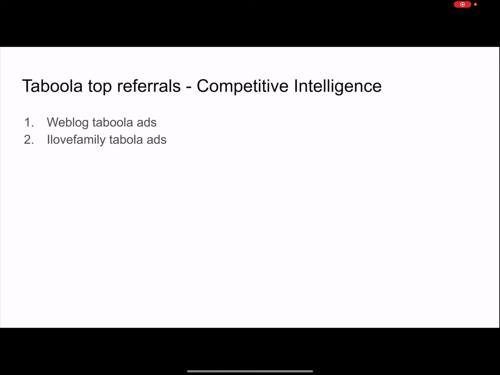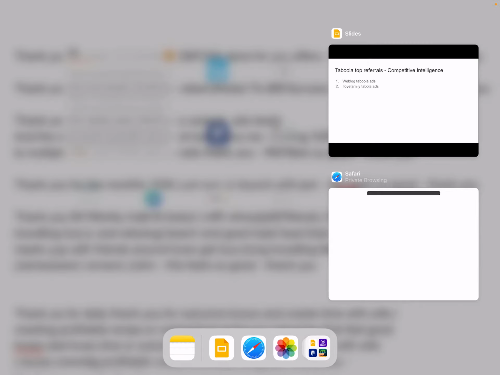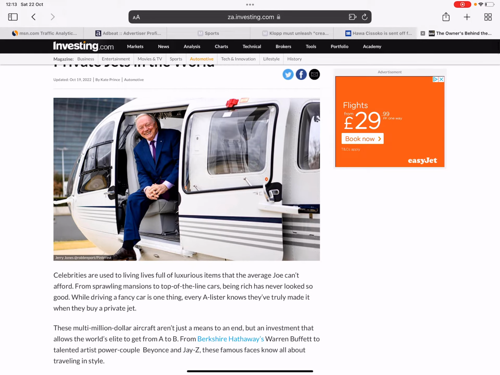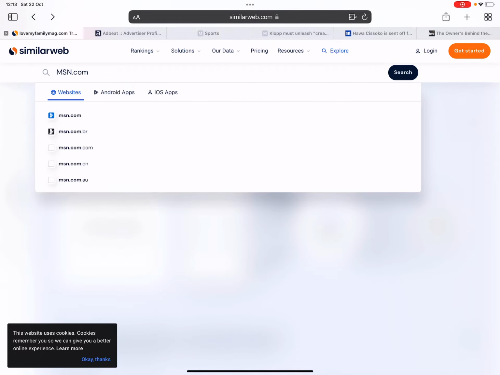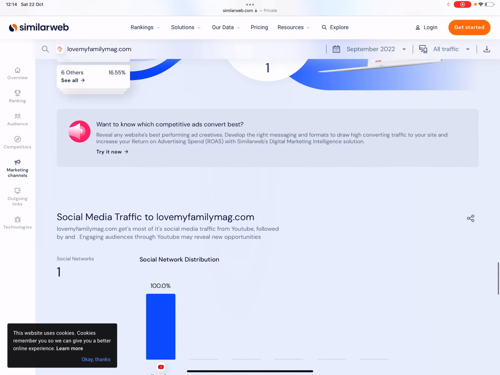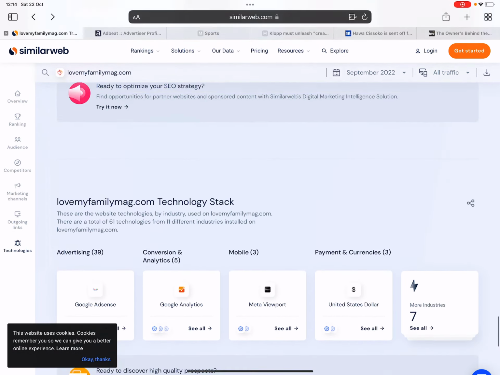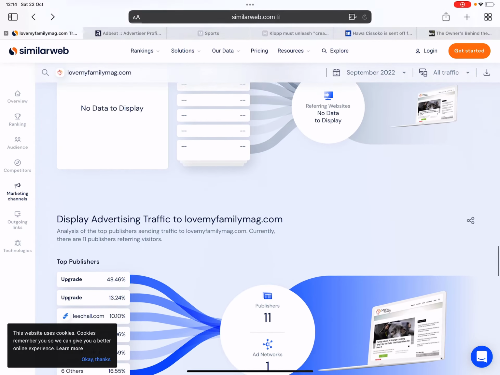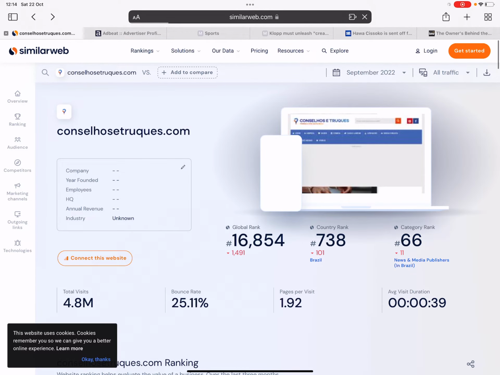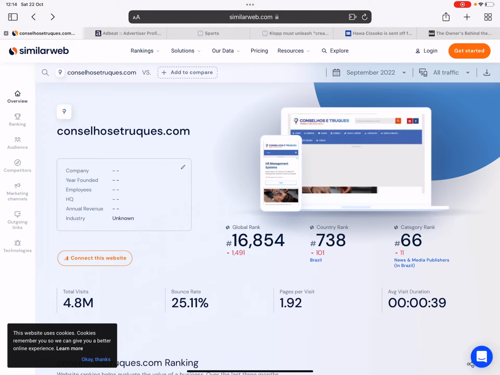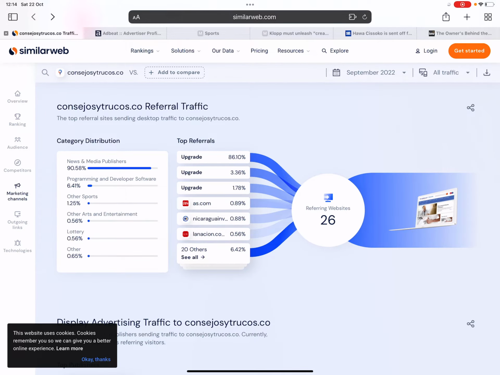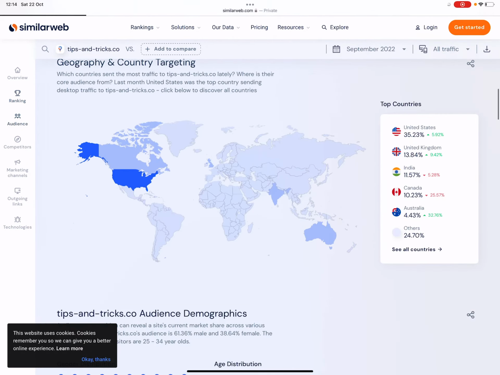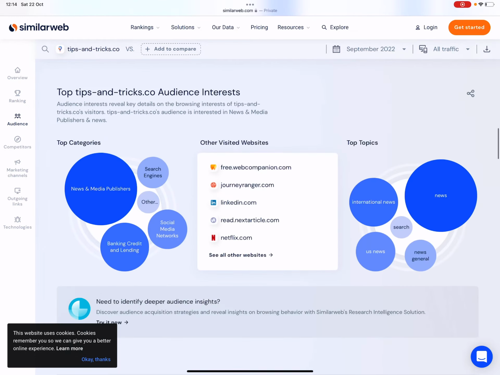So let's continue. So again, we can use SimilarWeb to also look at the top referrals coming in from these websites. And obviously, these are the type of websites that are sending the traffic. So if we go back to this website, underneath here, we can see the referrals.